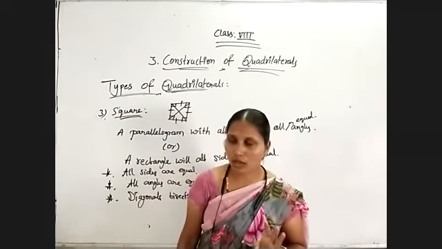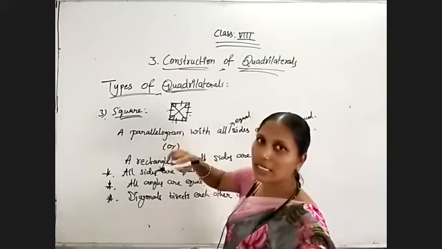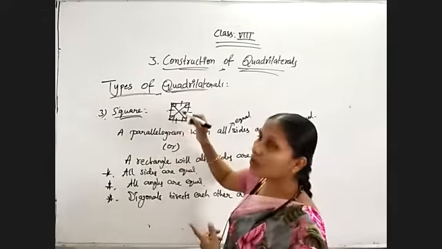Okay. So remember this: a square is a rectangle with equal sides. Otherwise, it is a parallelogram with equal sides and equal angles. So every square is a parallelogram. What are the properties of a parallelogram? Opposite sides are equal and parallel. So observe, these two opposite sides are equal and parallel. These two are also equal and parallel. All sides are equal. Any side, anywhere you take, all are parallel and equal. And opposite angles are equal. All angles are equal, opposite also equal.